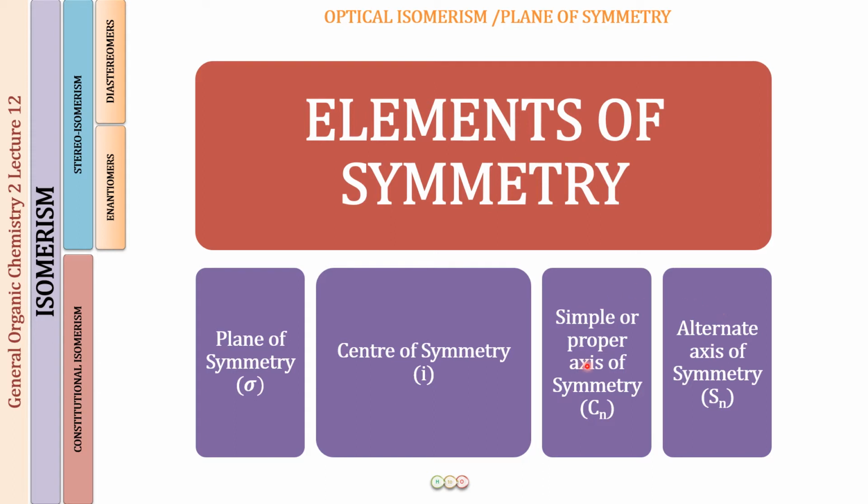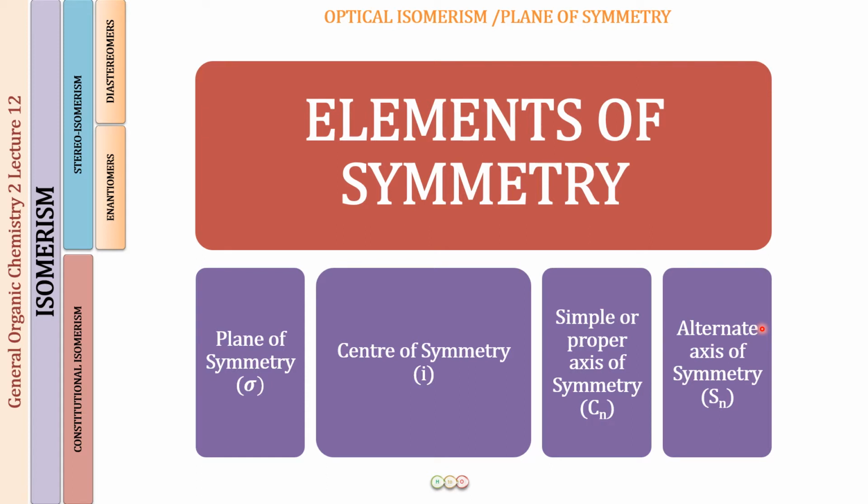If a molecule has an axis of symmetry, the molecule may or may not be chiral. The axis of symmetry is present in chiral molecules also and in achiral molecules also. You will understand more about it. So this does not help us differentiate between molecules whether they are going to be chiral or not. Now, if all 4 elements of symmetry are absent in a molecule, we call that molecule an asymmetrical molecule. I will be giving you the write-up for all these things.